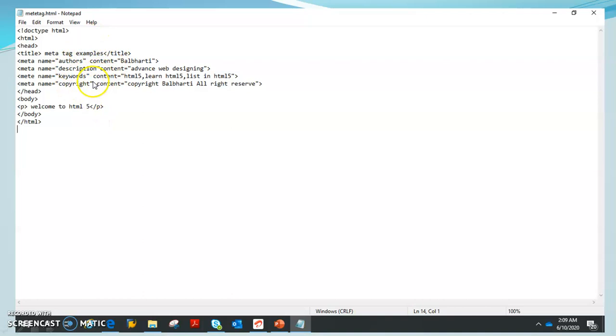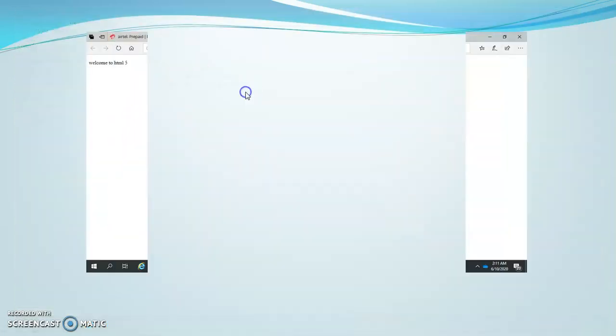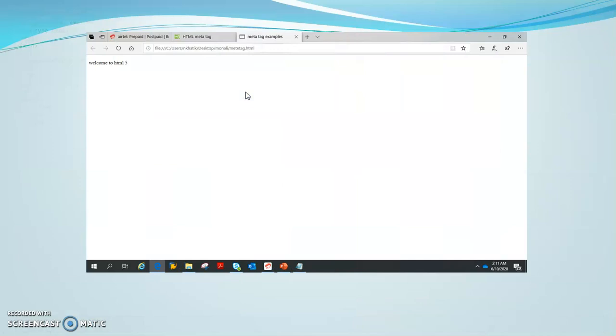This content is not displayed on the web page. Here is the output. Only the welcome to HTML5 is displayed on your web browser. After this,